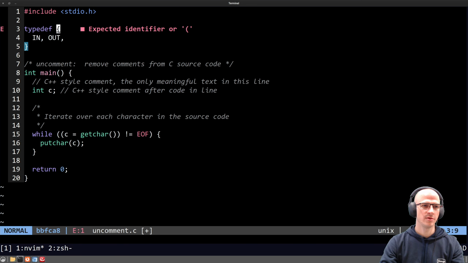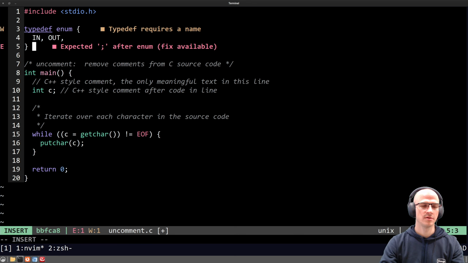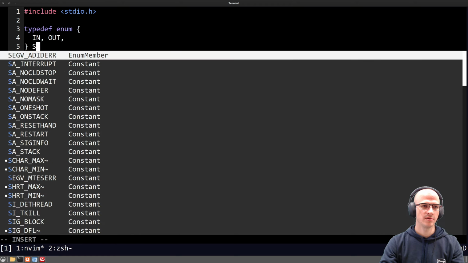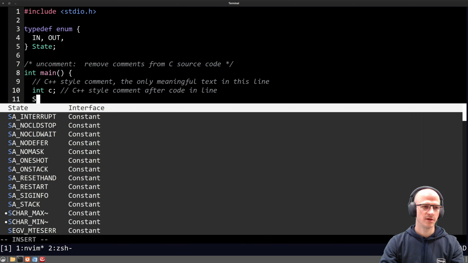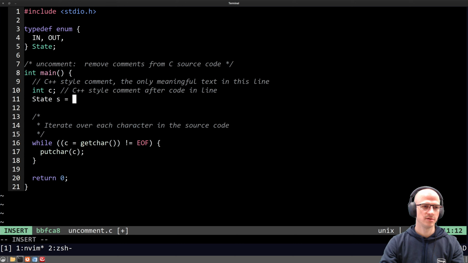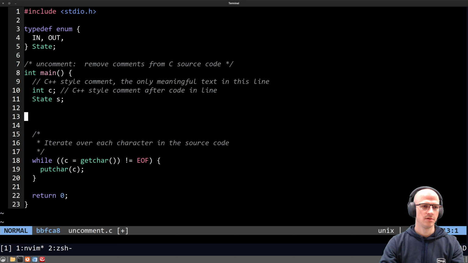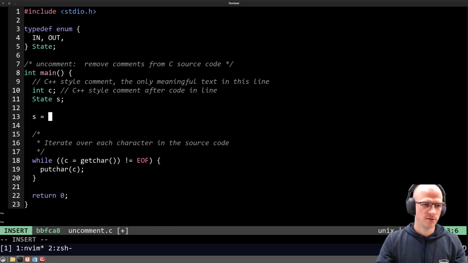This is an enum, in and out state, right? And state s. So s is out,